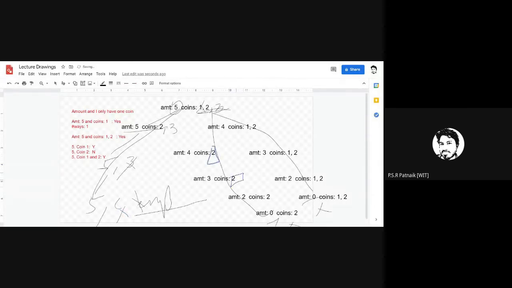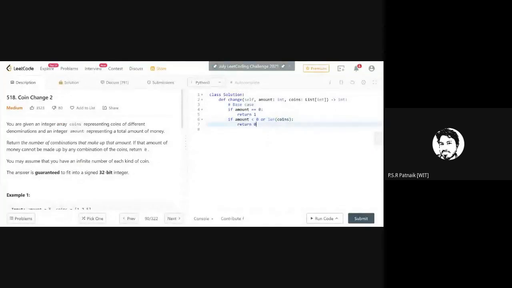So if I get a coins length of 0, it means that I have an amount, but I do not have a coin. That's why I'm checking the length. Or length of coins equal to 0. If this is the case, you will return 0. If none of this is the case, so this is your base case.